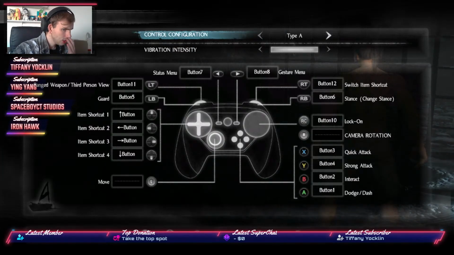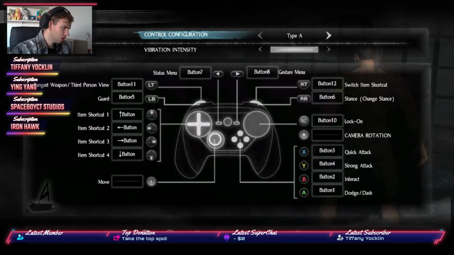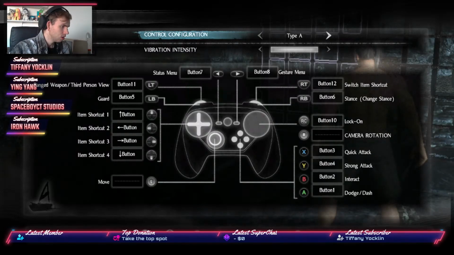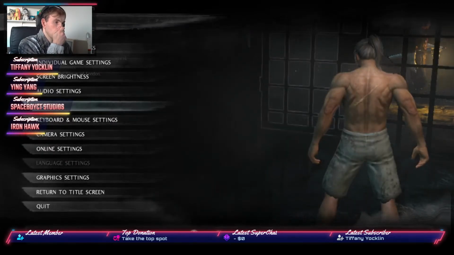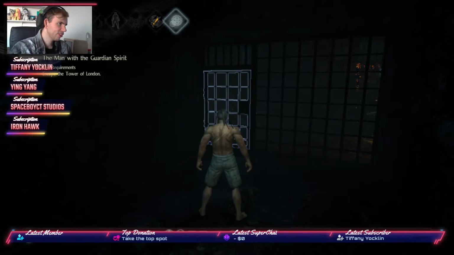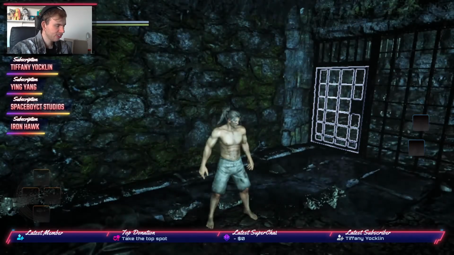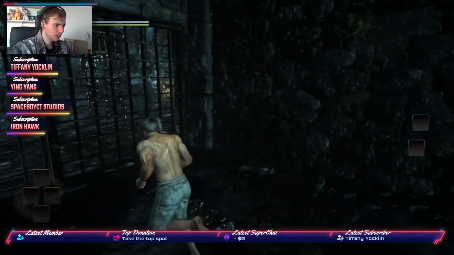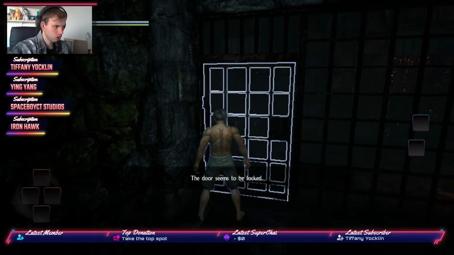You have got to be kidding. Why is it configured like that? Okay, this is... This is going to be a nightmare. So apparently the game thinks that I am playing this on a Switch controller.